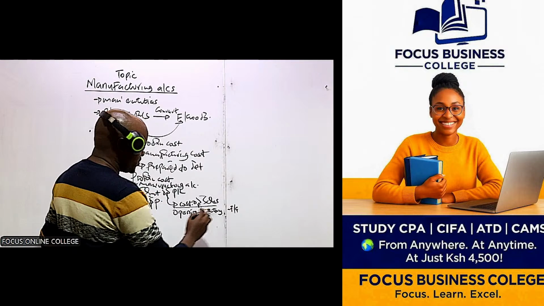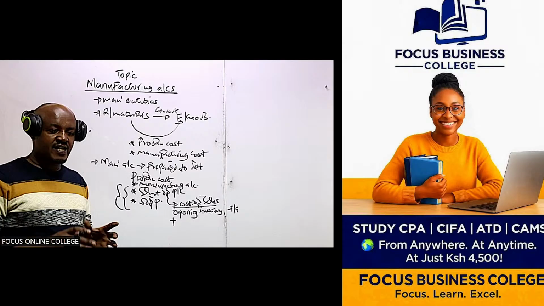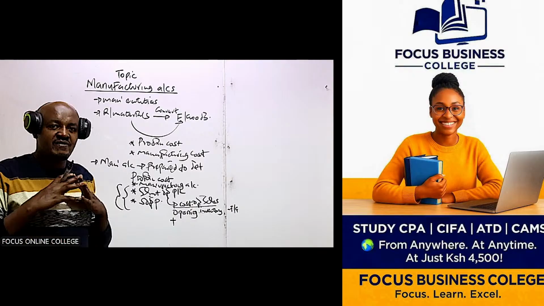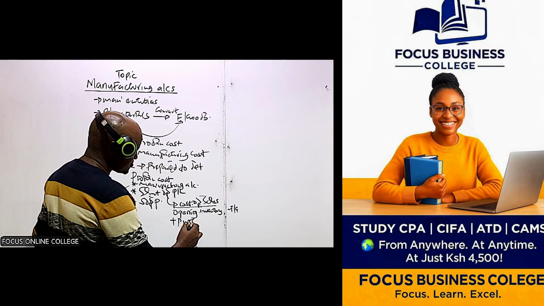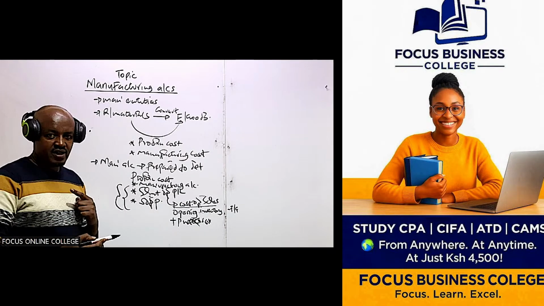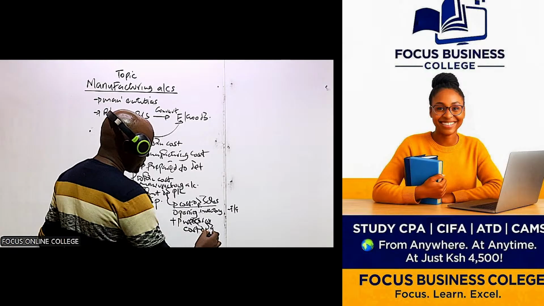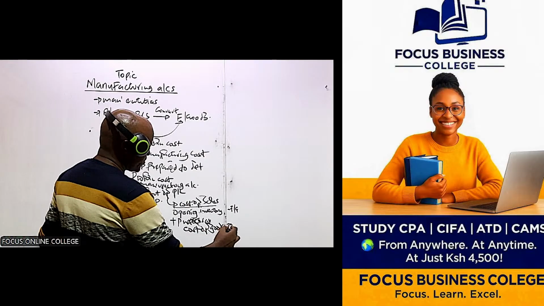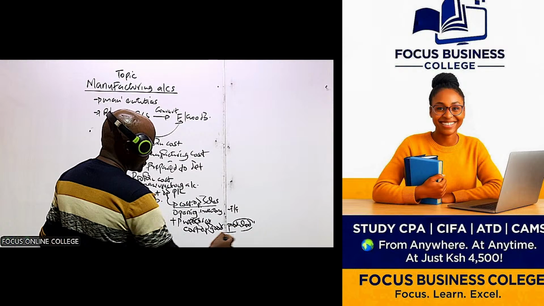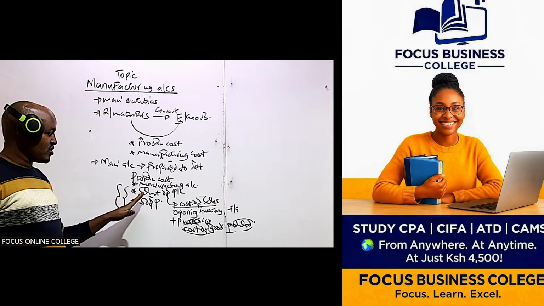And then in this case, generally, we should add the purchases. But we are saying what the manufacturing entity sells is what they manufacture internally. So what we add here is not purchases, because a manufacturing entity does not buy to sell, they produce to sell. So what we add here is the cost of the goods which were produced. And we can only determine this cost of the goods which were produced by first of all preparing the manufacturing account.